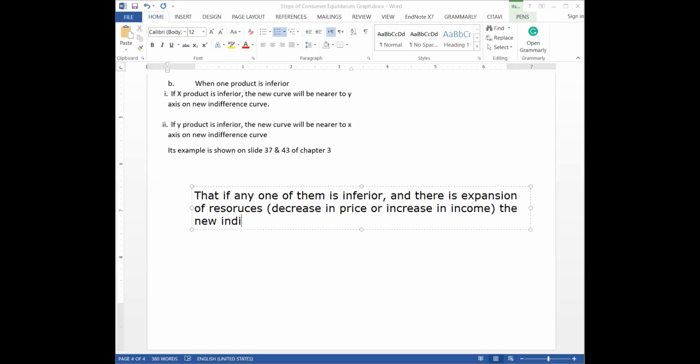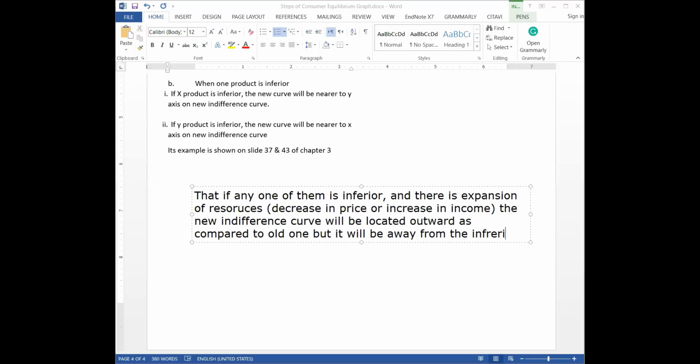The new indifference curve will be located outward as compared to the old one, but it will be away from the inferior axis, so it will represent